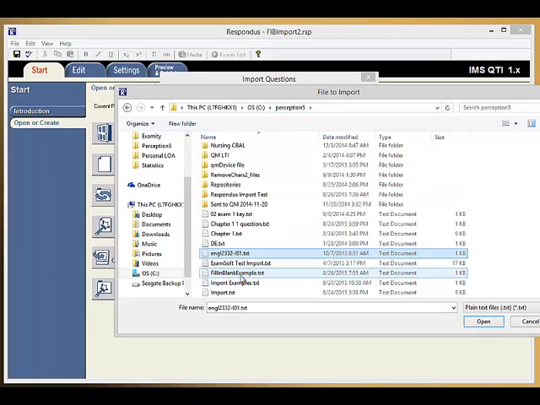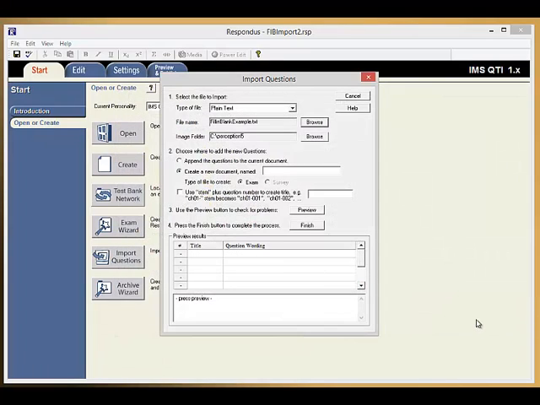For the file name, I'm going to go into Perception 5, and I've got this file called fill in the blank example. I'm going to select that. Then I've got to create a new document within Respondus, and I'll just call this FIB example. You'll have to give it a name. And then I'll click preview,